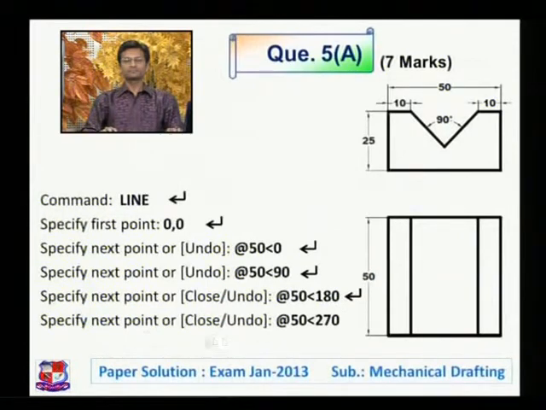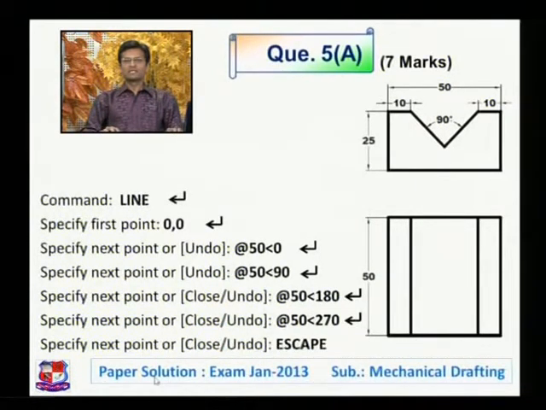Enter over here. Then second would be this: specify next point. So from here we have to specify the next point, which is at a distance of 50 mm from here. So the distance is 50 mm at an angle of 270 degree. So it will draw this line. 270 degree means this line. So it considers angle from this reference line. From here 0, 90, 180, 270 and 360. So if we enter here, specify next point, you just press escape. So it will draw the square of 50 mm as shown over here.